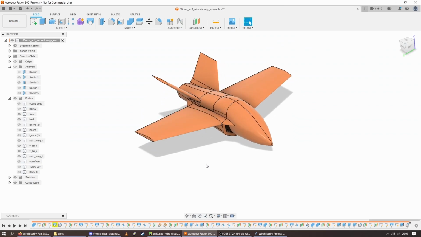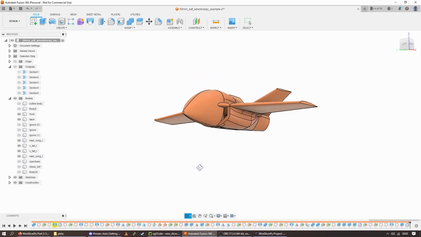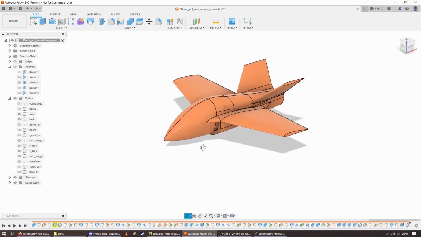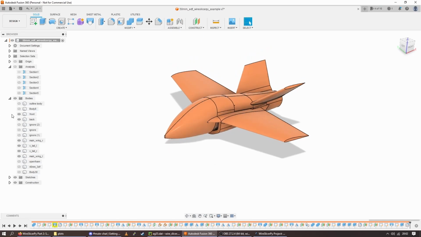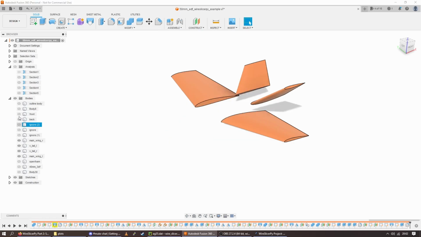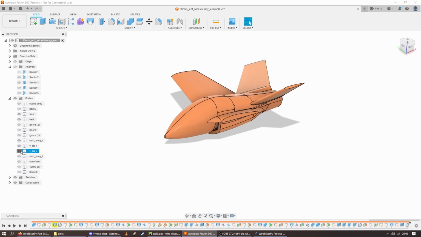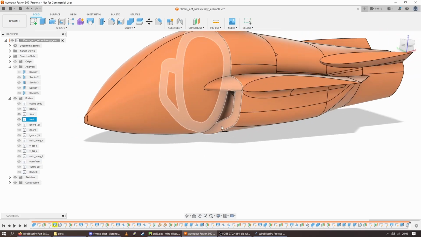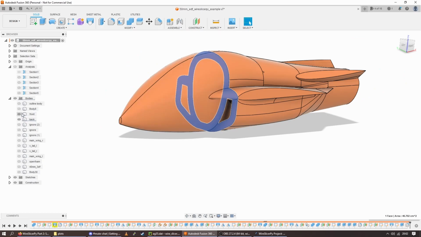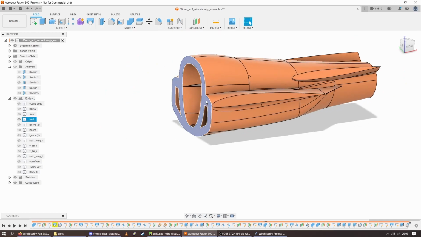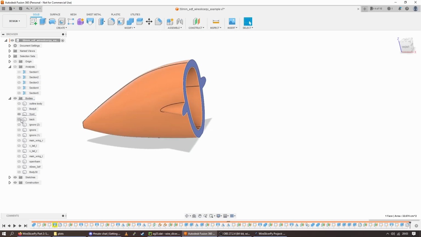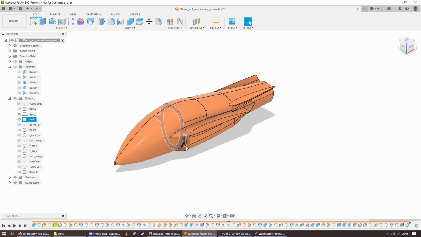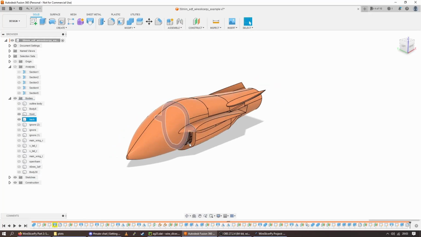So for the example project for WireSlicerPy, I'm going to be going through this model here. This is a 40mm EDF with a main wing and two tail surfaces, and then the body is divided into a front and back fuselage. This was done so that the reference plane for the slicing can be the opening for the inlets. So the rear section is sliced from this front surface going backwards, and then the front is sliced from this section going forwards. And that's so that all of the final geometry as cut from the foam has a solid